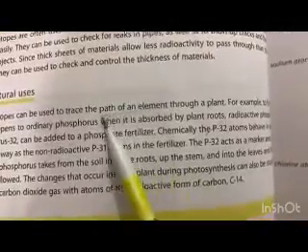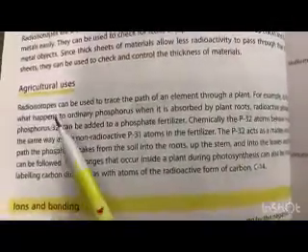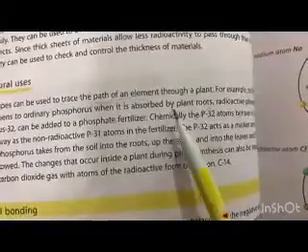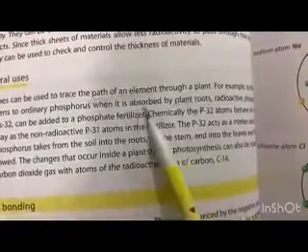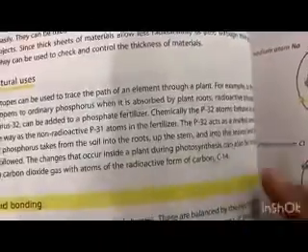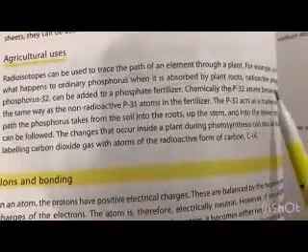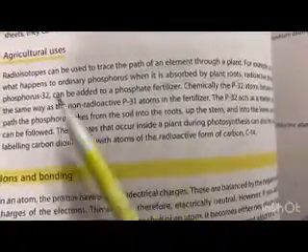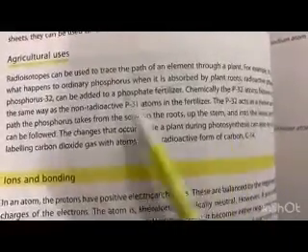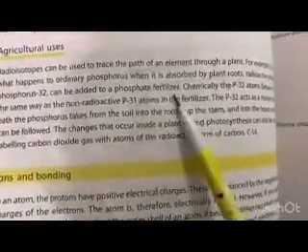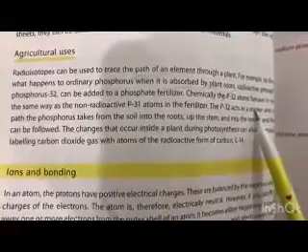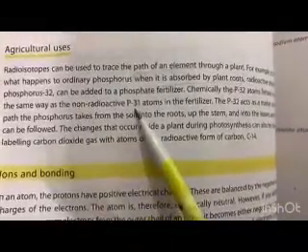In a plant, it is very easy to trace where the element is going. For example, to find out what happens to ordinary phosphorus when it is absorbed by the plant root, radioactive phosphorus, phosphorus-32, can be added to a phosphate fertilizer. So basically, radioactive phosphorus-32 can be added to a phosphate fertilizer. Chemically, these P32 atoms behave in exactly the same way as the non-radioactive phosphorus-31 atoms